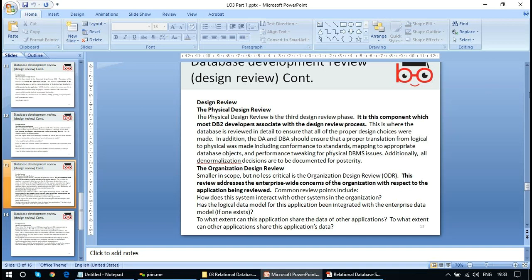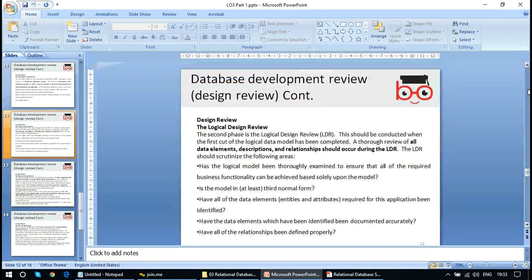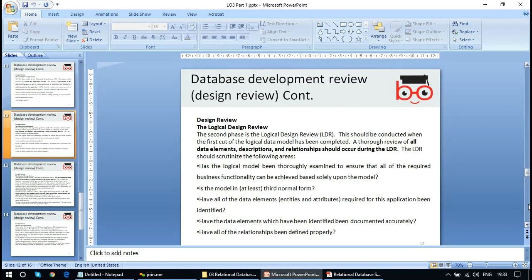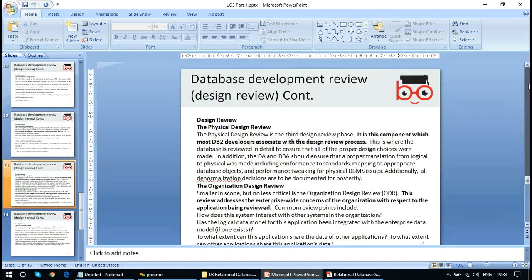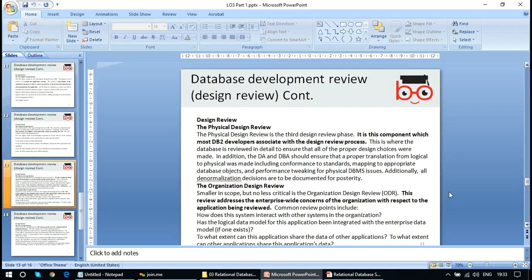Like, the first review is the conceptual review. We reviewed whether the idea is good, should we go ahead or not. Then in the logical review, what we discussed is whether the logical model has been thoroughly examined, is the model in the third normal form, and all the attributes are defined, all elements are defined, all the relationships exist. The physical review is basically the next variant to the design review,